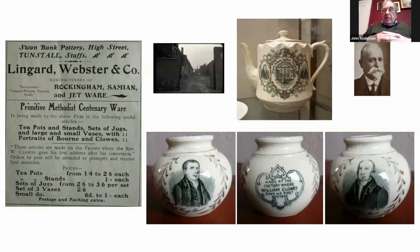I found that online, but I'm pretty certain that's taken at Englesea Brook, that photograph, and the little vase at the bottom is mine. On the teapot and the vase it has the inscription "Made at the factory where William Clowes gave his first sermon," which is allegedly so. I don't know how clear it is, but the photograph in the middle